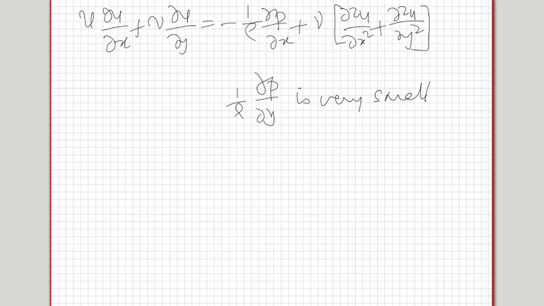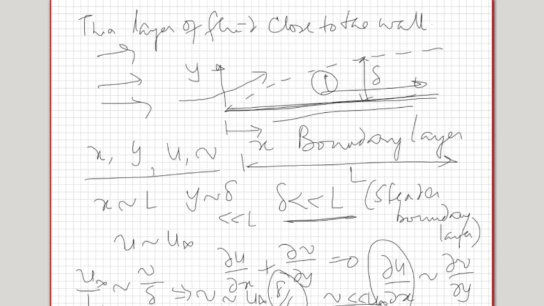What does it mean? If I have a plate like this, and the pressure gradient in this direction is negligible, I can say that if the pressure here is P infinity, then the pressure here is also P infinity, and therefore the gradient is negligible. So inside the boundary layer, there is no variation in pressure. So the pressure inside the boundary layer is the same as the pressure outside, and therefore